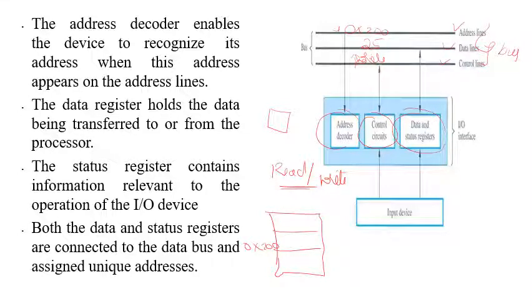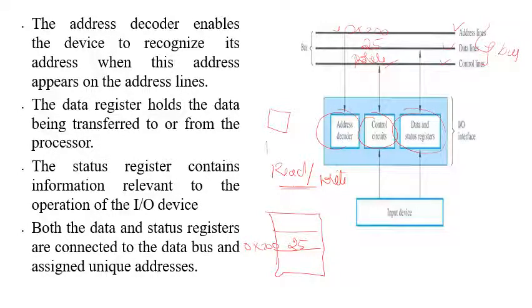Let me assume 25. Now the address is 0x200. The signal is write and the data bus will have 25. As soon as this gets executed, the data present in the data line, that is 25, will be loaded to the address pointed by the address bus, that is 0x200. So 0x200 will be loaded with the value 25, because we have given the option write.